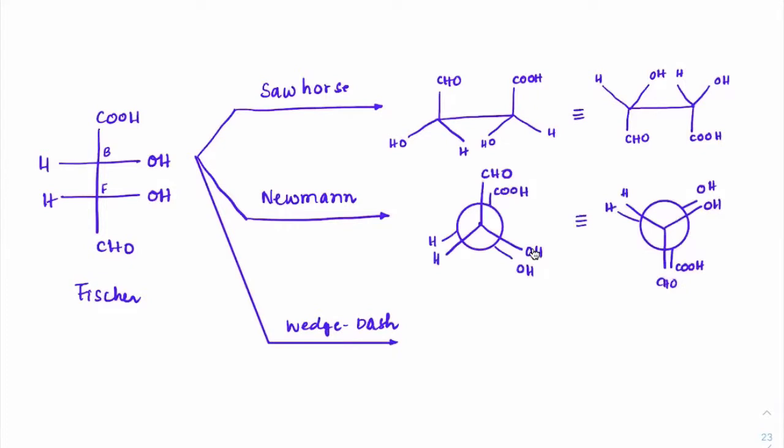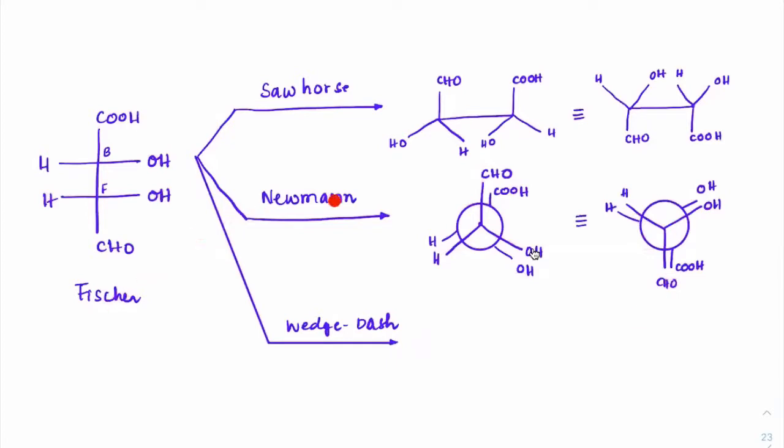I'll tell you a simple technique. See, this OH is on the same side, these two H are on the same side, this COOH and CHO are on the same side. Just draw a circle, write 3 lines, make 3 eclipsed forms of it, and these two you put on one side, these two on one side, these hydrogens on one side. Any side you put it, it is always correct, because even if you make a rotation, it will always come onto the same side only. Whether you write up and down this way or down and up this way, it doesn't matter. Both these projections are correct.